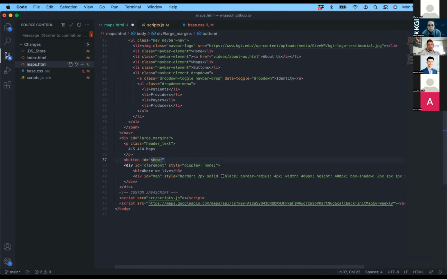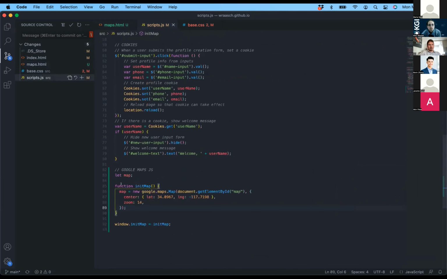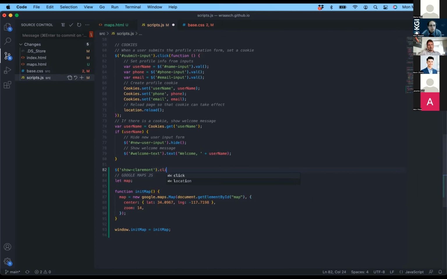ID equals show Claremont. And then within my JavaScript, I could say, you know, show Claremont, click,